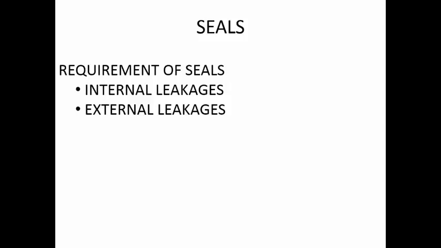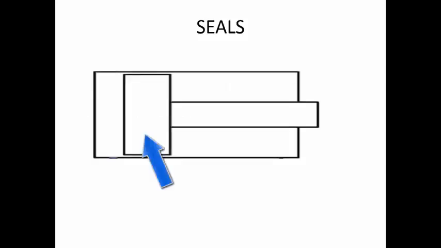Now we have to always remember that it is not possible to get 100% sealing. There is always going to be some amount of leakage. Why? That also we have to understand. Now for example, again we'll take the case of the piston and cylinder arrangement. You have the piston and you have the cylinder. Now you are placing some sealing material all around the piston. Now if the sealing material is not providing a gap between the piston seal and the cylinder, then the movement of this particular piston will not be possible. So it will form a zero clearance joint, and then it is not possible to have a movement here. So here also the same is the case.